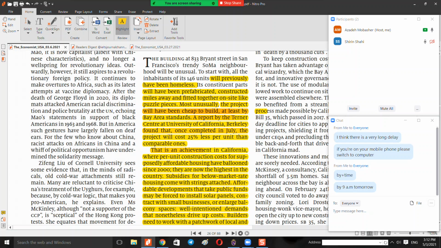So it is going to predict something about building the project, which is about the cost of that project, which will be cheap by a certain time in the future. From now that they're doing this, they're working on this project, by the time it's finished, it will have been cheap to build.